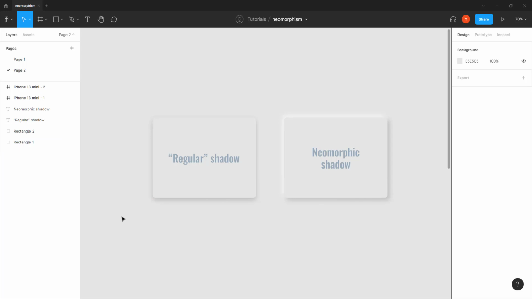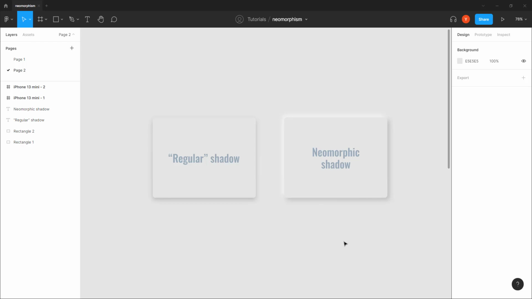screen or any just background and we give it a shadow, this is kind of a regular shadow. Okay, neomorphic shadow or neomorphic look, if we want to give it. So we're actually using Figma's great ability of using more than one shadow when we are doing neomorphism, so we can do it actually in Figma very easy, and I will show in a minute how to do it. So here you have a neomorphic look of an element on a screen,